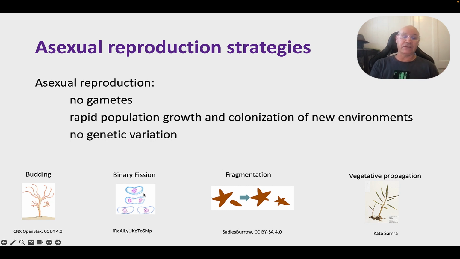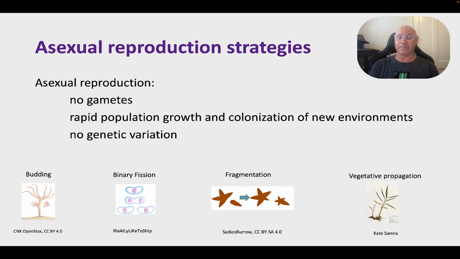Binary fission we see with bacteria, so one becomes two. Fragmentation, like with a starfish here, a part that gets broken off, it grows into a new organism. And vegetative propagation, this is like many plant species like bananas and a lot of the grasses. So you have these underground roots called rhizomes that spread out, and then new shoots can grow from there. This isn't all of them, but there are opportunities for species to be able to reproduce asexually and increase their